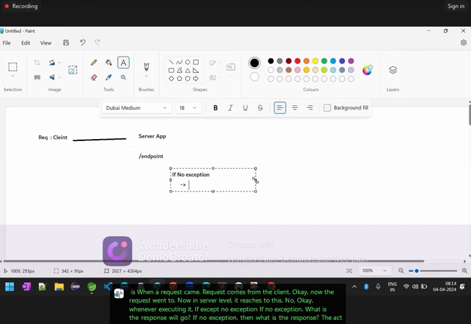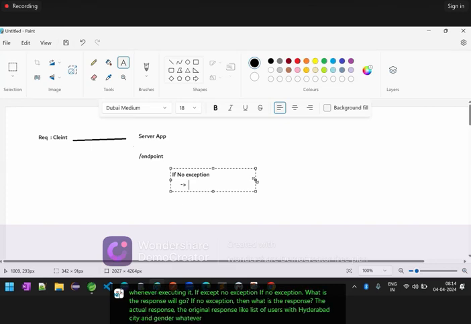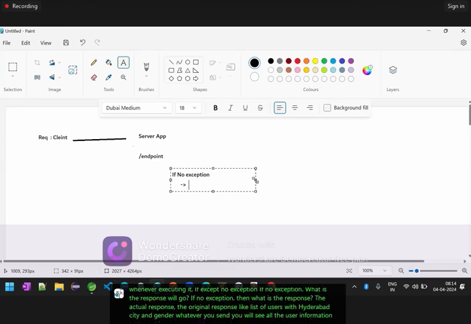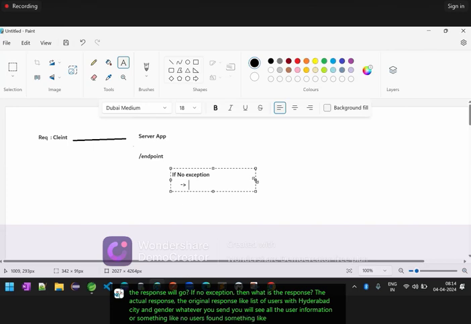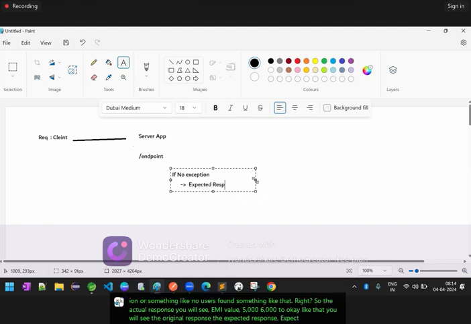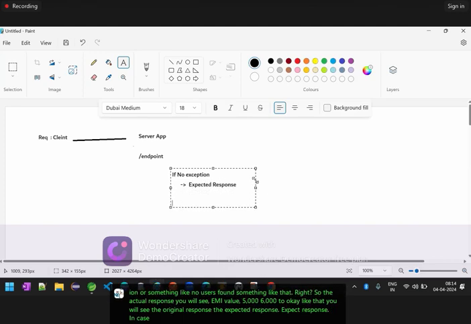The actual response, the original response, like a list of users with Hyderabad city and gender, whatever you sent, you will see all the user information, or something like no users found, right? So the actual response, you will see an EMI value 5,000, 6,000, like that you will see the original response, the expected response. In case any exception comes,